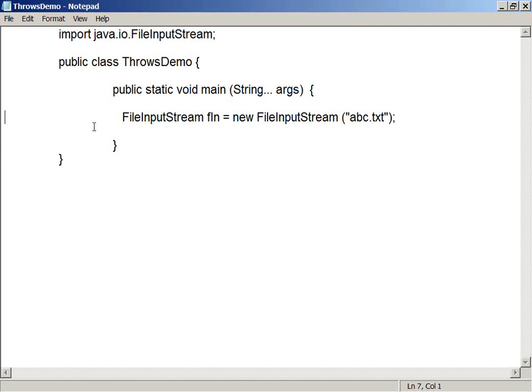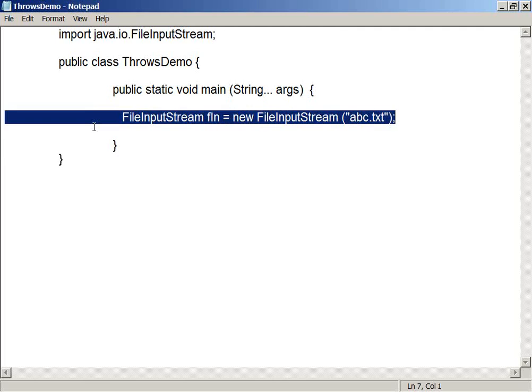That's it. Only one simple statement. What I did is just create the object for a class called FileInputStream. No other statements, nothing.